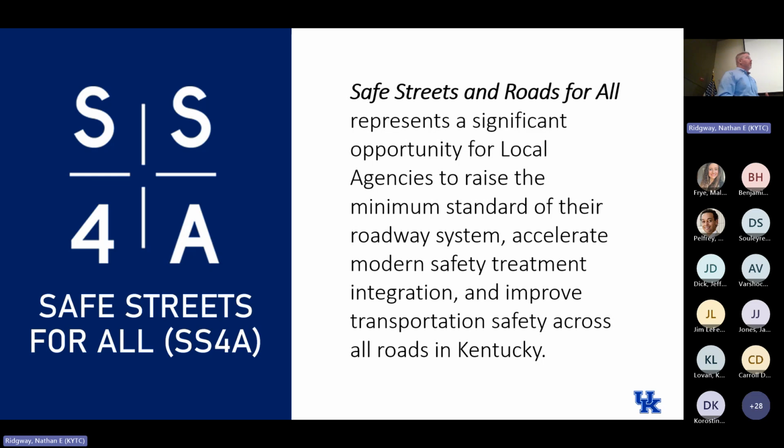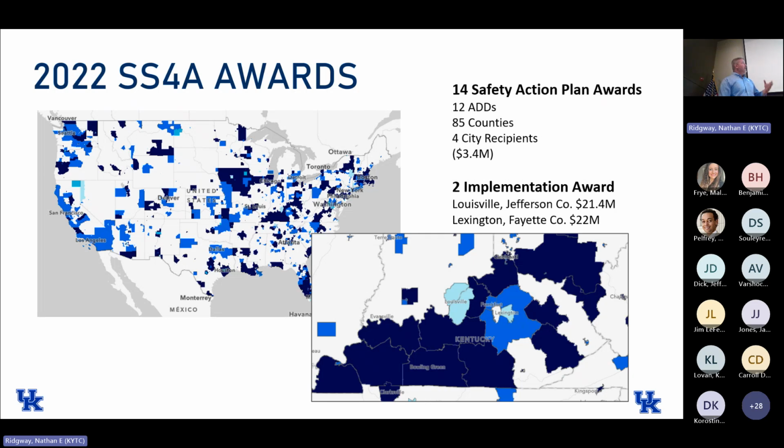And so that's the goal that we had when we looked at this. Last time we were here, we talked a lot about the efforts we put together with developing these consortiums. We partnered with I think 10 different ADs. Within those ADs, the transportation planners reached out to those local communities and got everybody on board, and we submitted a multi-agency application for what's now known as planning grants, but was previously known as